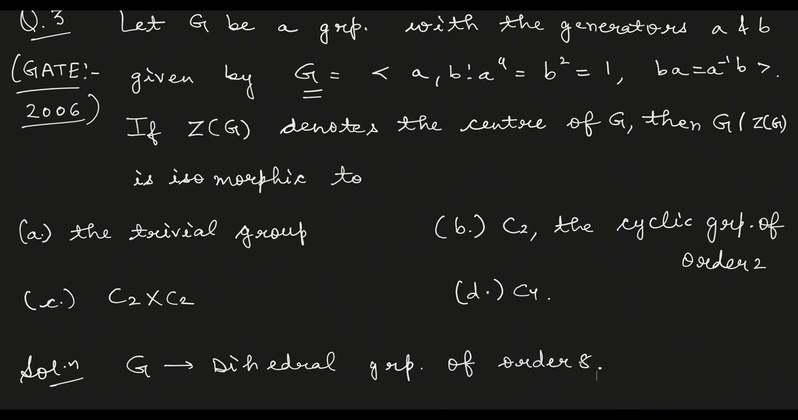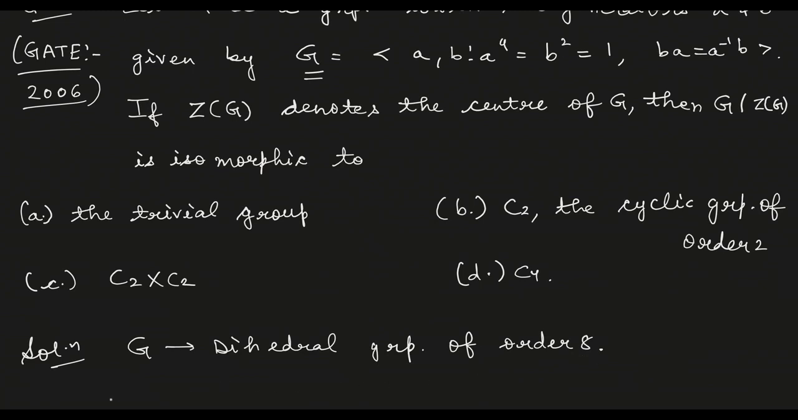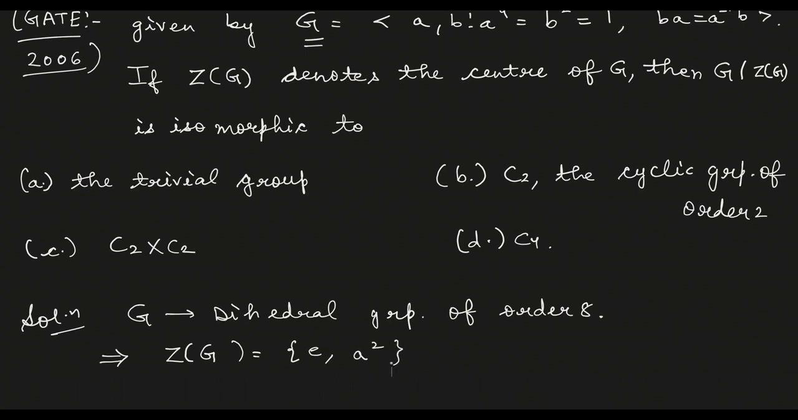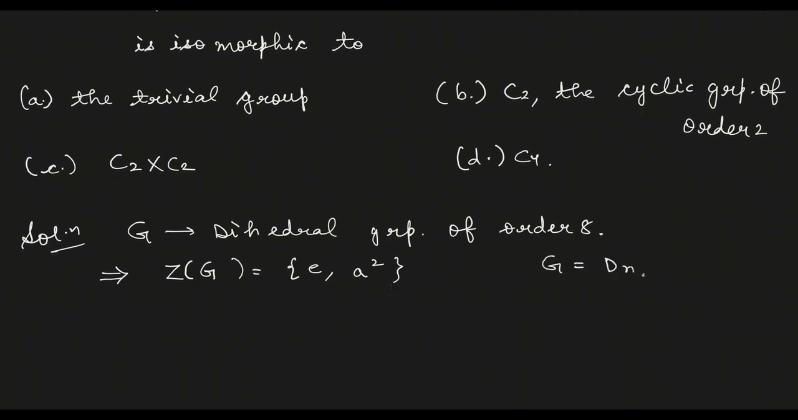डायहेड्रल ग्रुप के मैंने सेंटर भी बताया था। Center of G is identity and A square। इस तरीके से था ना। If G is equal to Dn, n is greater than or equal to 3, then center of Dn is equal to identity when n is odd and identity comma